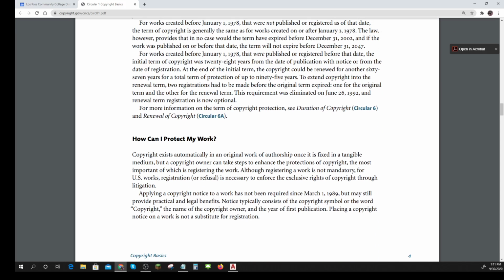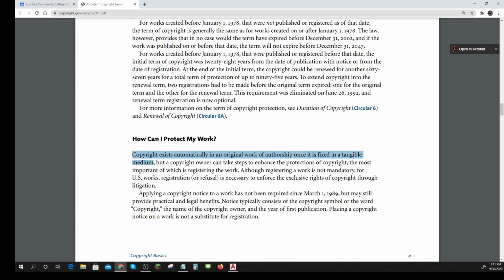How do you protect your work? Here's the important thing: copyright exists automatically once it is fixed in a tangible medium. You don't have to do anything to be protected by copyright as soon as it's in a tangible medium.